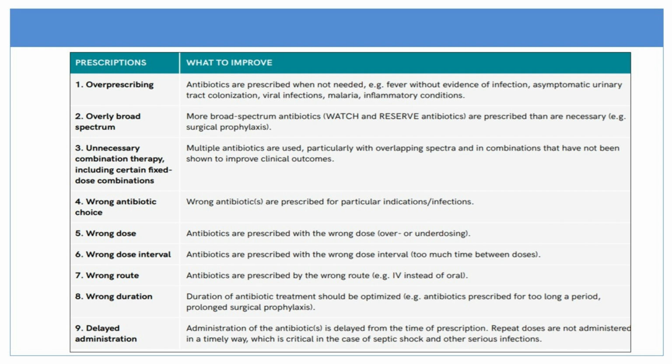A wrong route of antibiotic is also very important, because if we use an antibiotic via a wrong route, it is going to end up in disaster. And wrong duration is also a very important aspect: if we give an antibiotic for a wrong duration of time, the patient will be partially treated and either there will be relapse or the patient will end up with a serious complication from that particular infection. Then delayed administration of antibiotic is also sometimes not justified. For example, if the patient has a serious illness and sepsis and is going to be in septic shock, then one should not delay the use of antibiotic, because every delay would end up in more